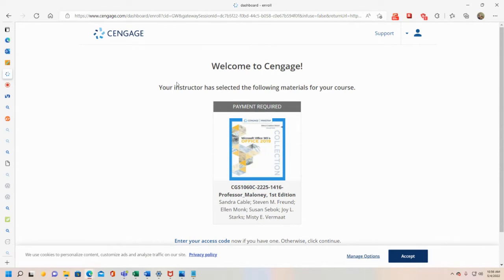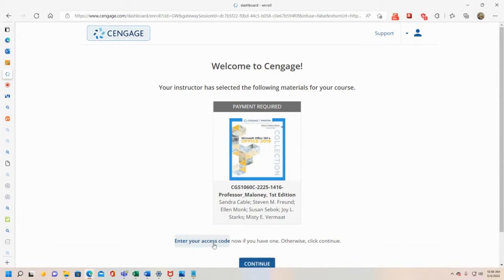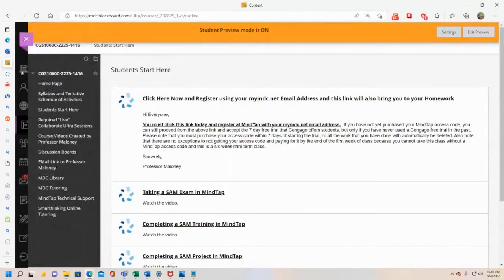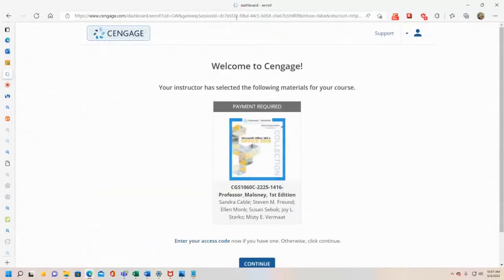So you go there if you need to see that again, and you get an access code once you pay for your book, meaning your access code is basically what you're paying for. And you see here, all I did was I clicked Student Start Here. Once I clicked Student Start Here, I came to this page. It sent me here. And then you enter your access code now,